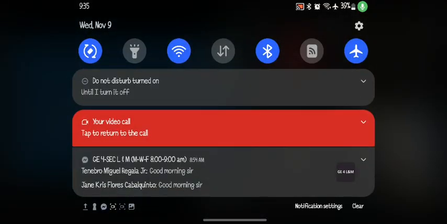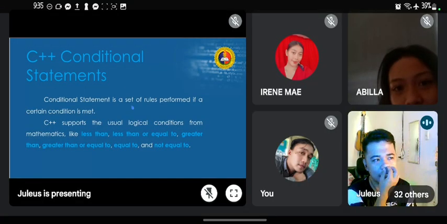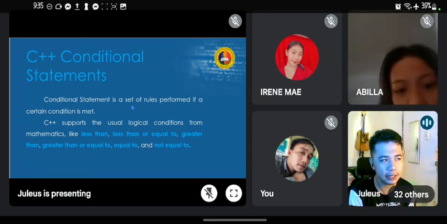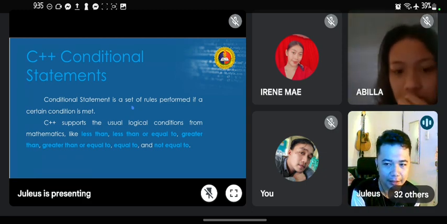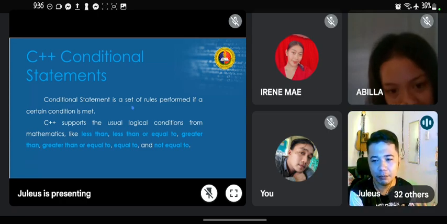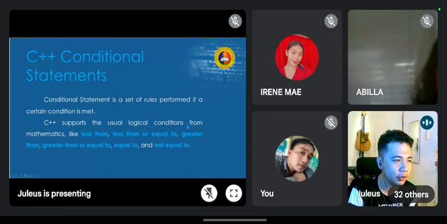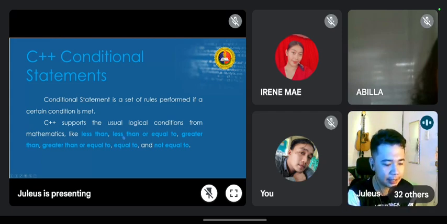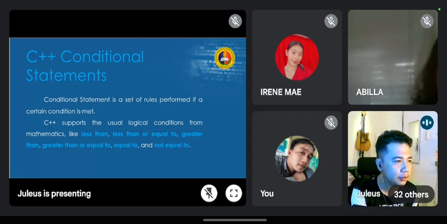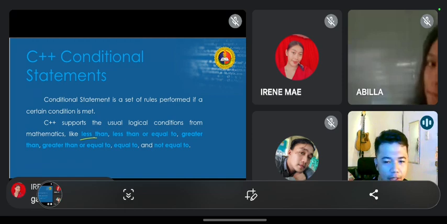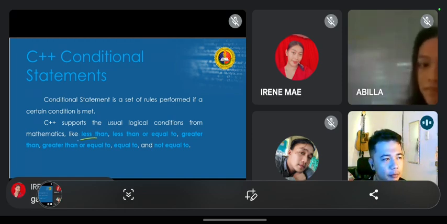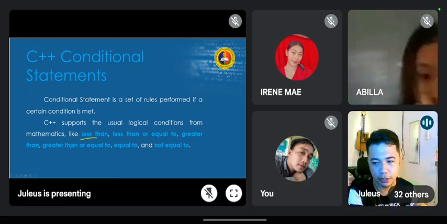So C++ conditional statement. A conditional statement is a set of rules performed if a certain condition is met. All right. So going back, it's all about setting conditions. C++ supports the usual logical conditions from mathematics, like less than. Okay. So basically, we are going to compare if the condition is met or not. How do we compare it?